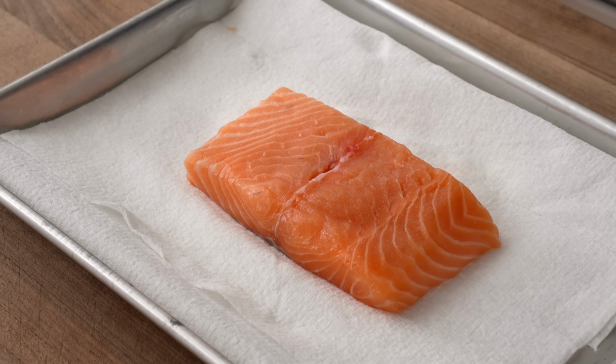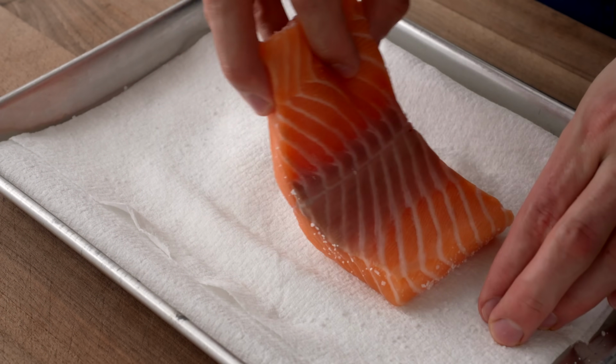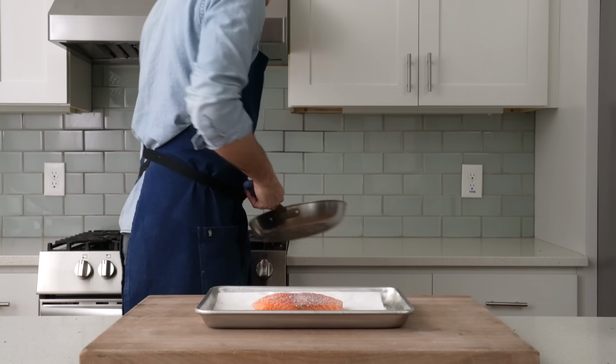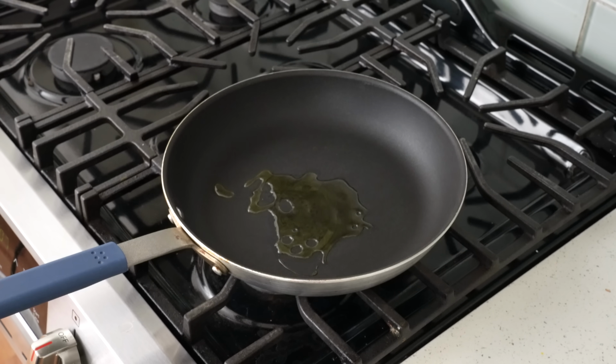This fish is skin off, farm raised, and I'm giving both sides a very generous pinch of salt. If salmon isn't your thing, seared or raw tuna for this salad is also going to be a great option. Once that's salted, I'm going to preheat a medium nonstick pan over medium heat. When that's hot, in goes a long squeezer of olive oil, and then I'm going to lay the salmon in